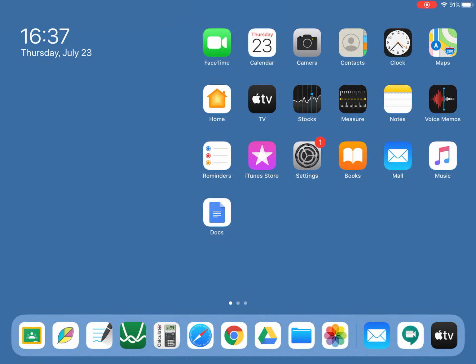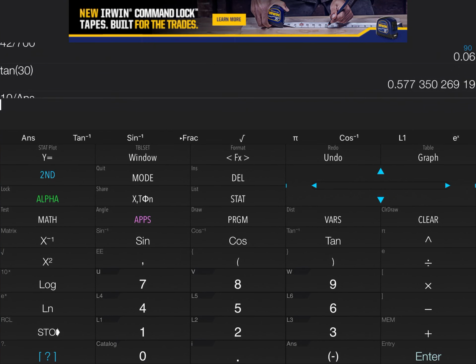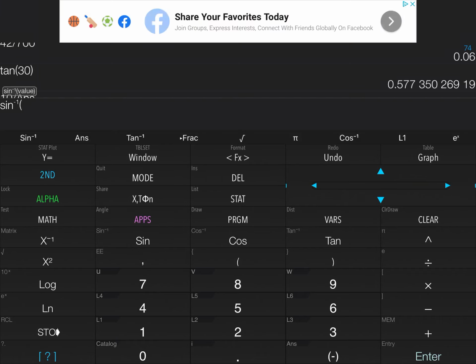So let's see how it works. Your calculator is pretty much the same as my calculator, I'm pretty sure. So remember that when we are trying to find the angle, we need to get inside the ratio, we call it. So we have to press second and sine. Notice how on the screen here we see sine and then an exponent -1. This is not a power, by the way, but it just indicates that it's getting to the inside of the function. So we are trying to extract the angle from the sine ratio. And then we have to